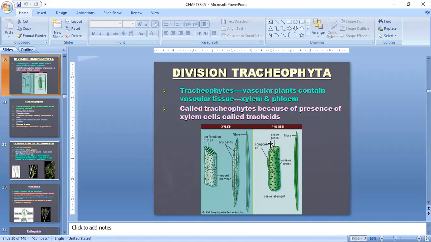Okay, right now. The next topic is tracheophytes. Tracheophytes are vascular plants which contain the vascular tissue, xylem, and phloem. Let me increase the size of the screen. These are the vascular plants that contain vascular tissue, xylem, and phloem, called tracheophytes because of the presence of the xylem cells, which are called trachees. Now, inside the xylem, we have special types of cells which are said to be trachees,